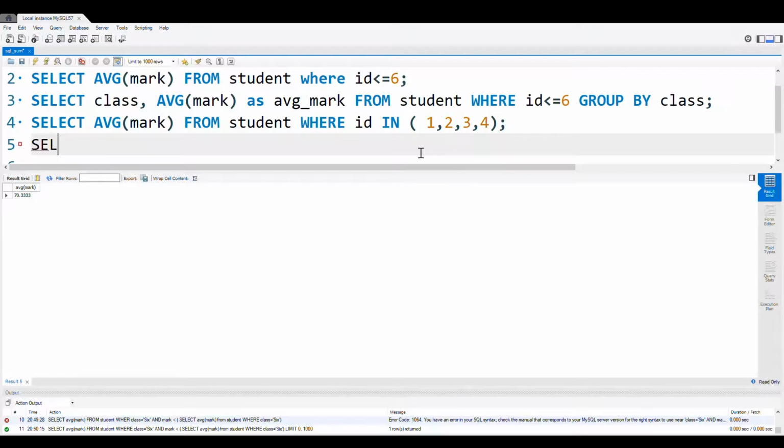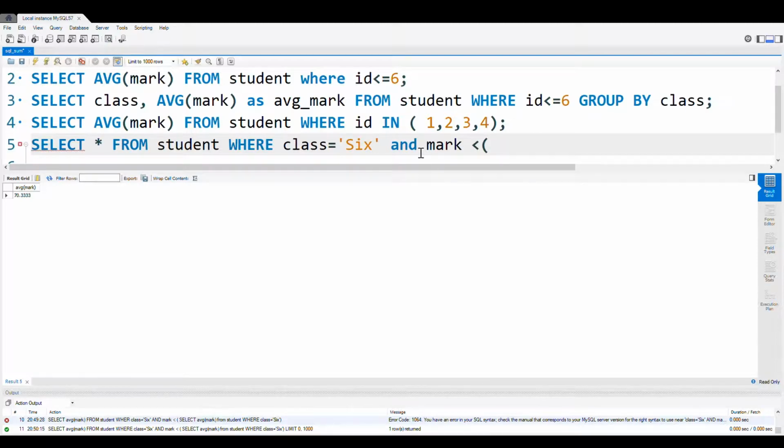Let us select all the columns. Select star from student where class is equal to 6 and mark is less than.